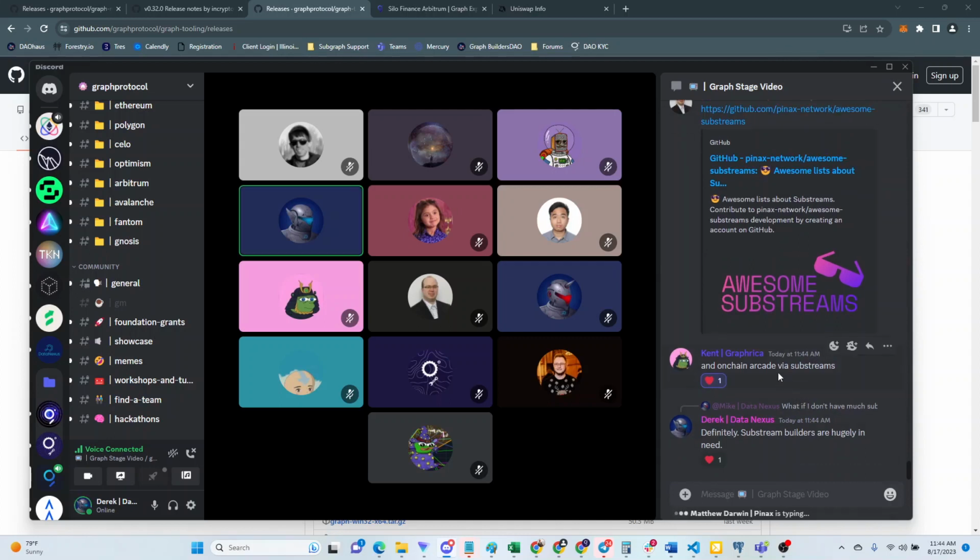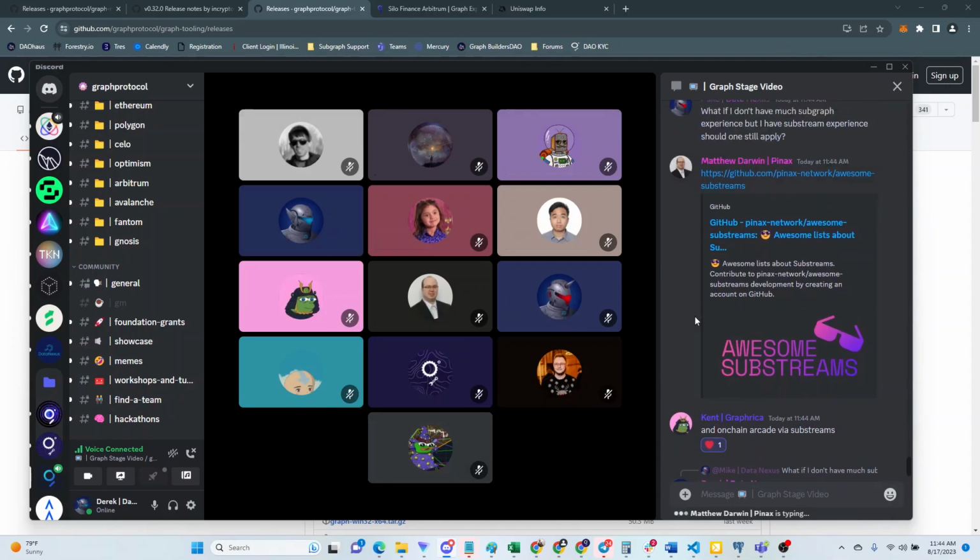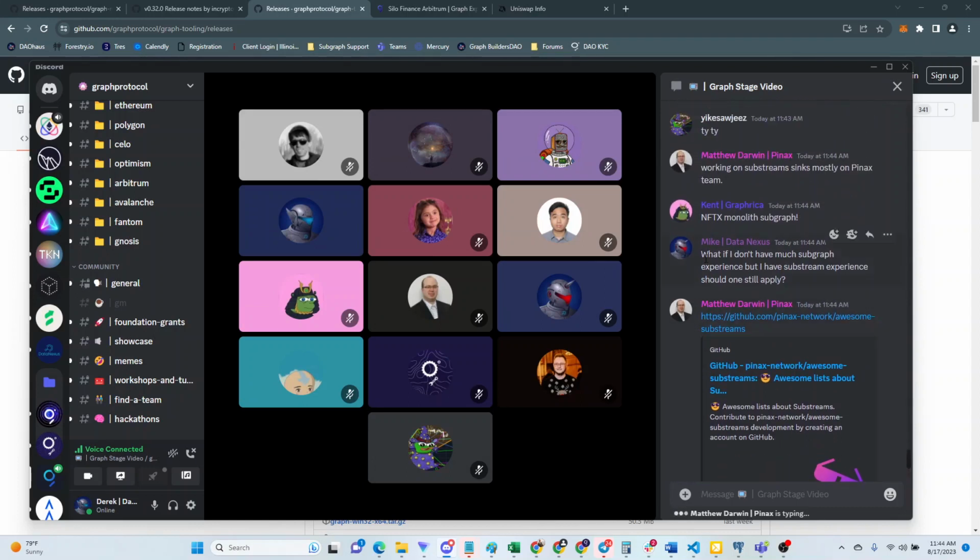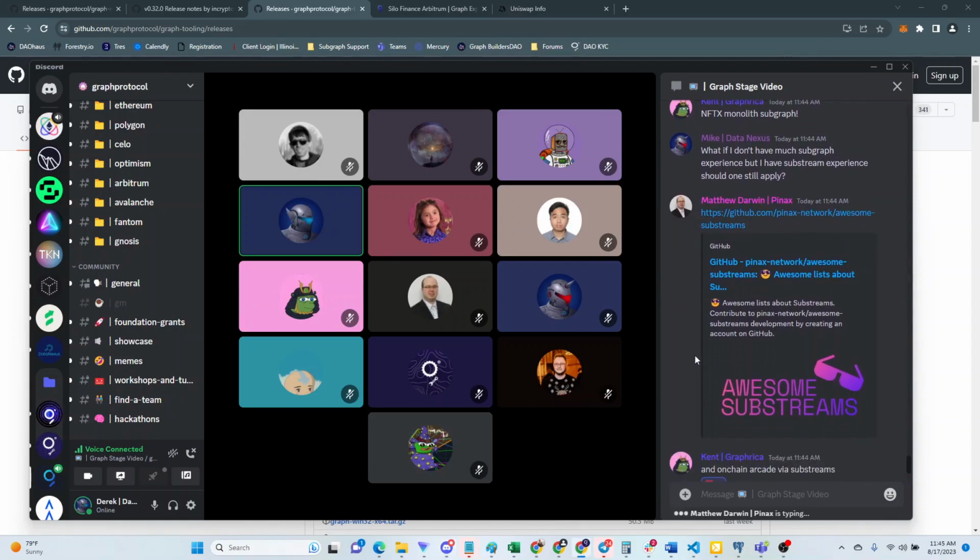I love it, Mac. It's so good. So Matt, you posted this link, the awesome substreams repo, and it's especially with the composability of substreams. I feel like this is something that's going to be super important to properly curate what substreams get created, and where people can go and find different Lego pieces that they want to add into